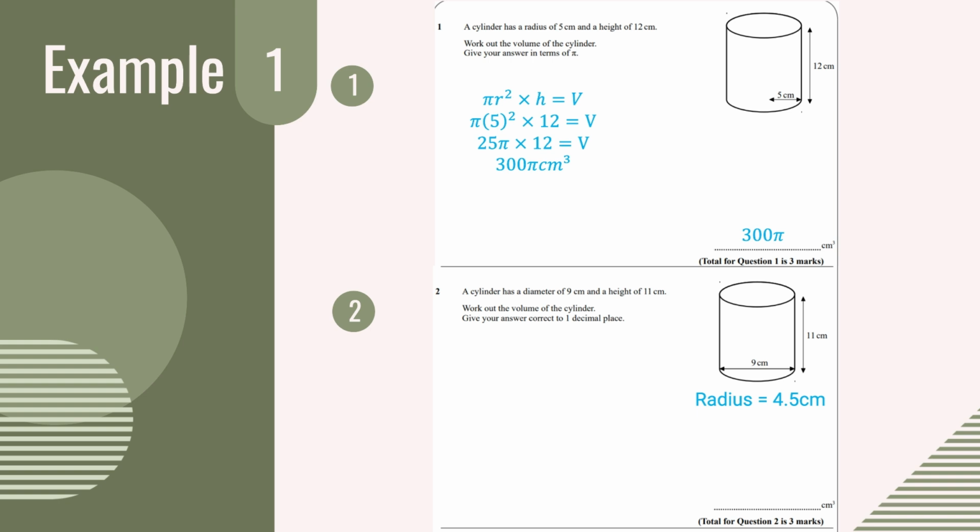And then we sub it into the equation. So we do pi times 4.5 squared times 11 equals the volume, which is 222.75 pi, which in normal numbers to one decimal place is 699.8 centimeters cubed. And make sure you say it's to one decimal place when you're working it out. So our final answer is